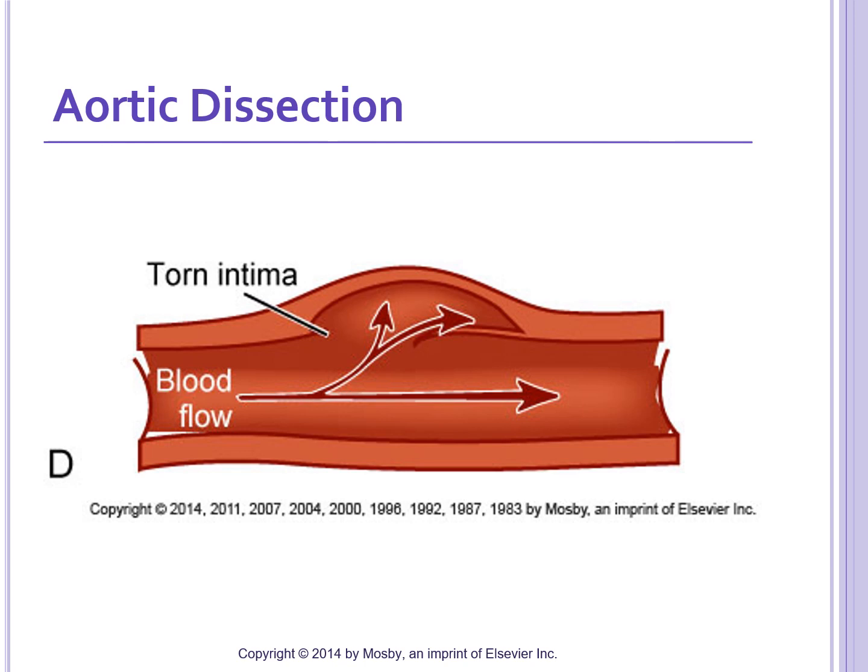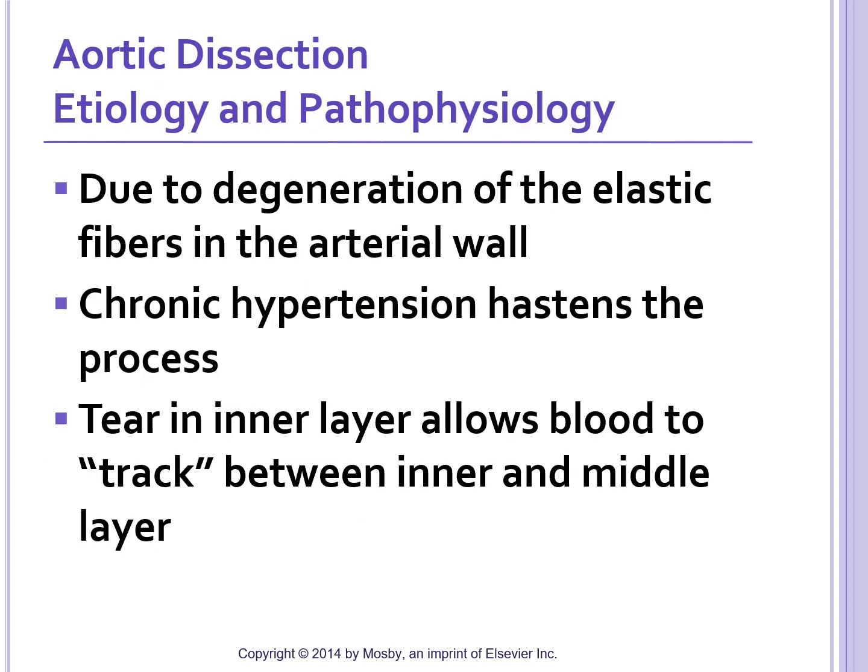So blood actually gets into that tear and can create a false lumen, a false pathway, which blood flows through. Aortic dissection happens more frequently in men than women, and it also happens more frequently in the 6th and 7th decades of life, so in 60s and 70s. It can happen from trauma, hypertension, cocaine or meth abuse, connective tissue disorders, so some of the same risk factors